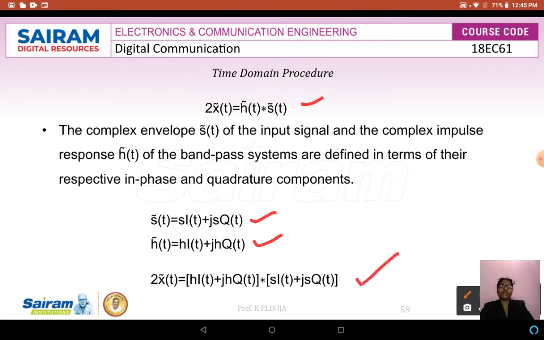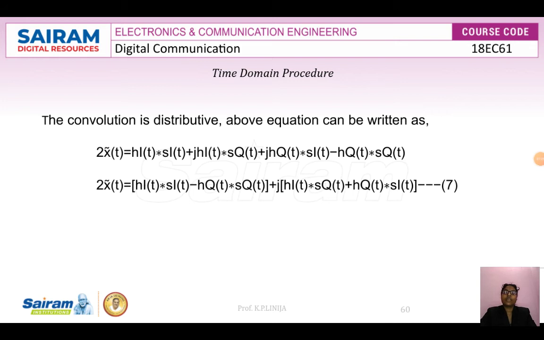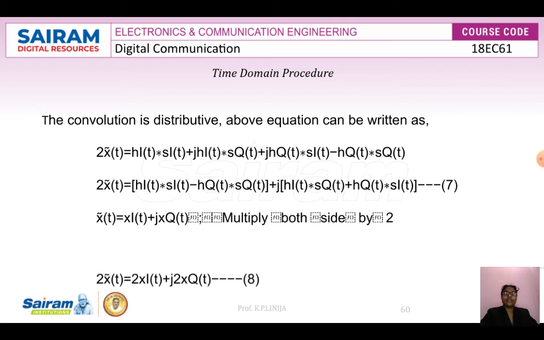After this, in continuation, we apply that convolution is distributive. That means the above equation can be rewritten using the distributive formula, and followed by that we are getting